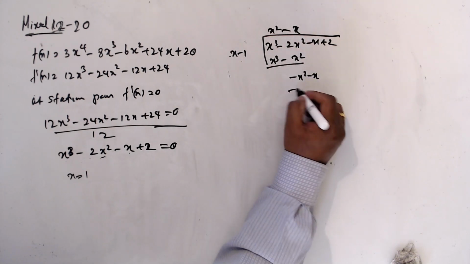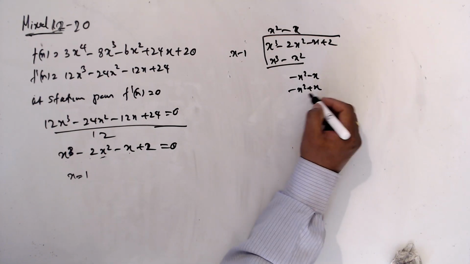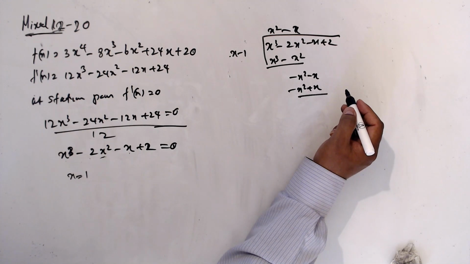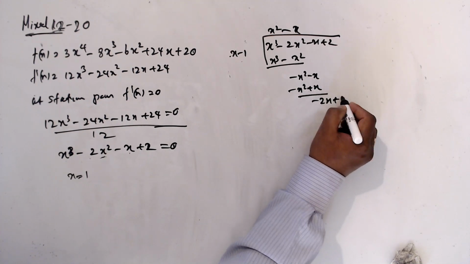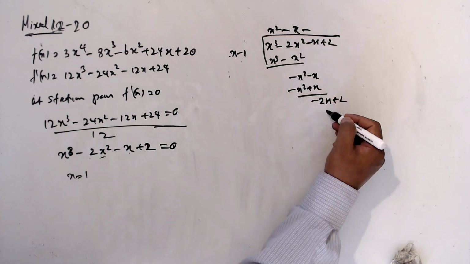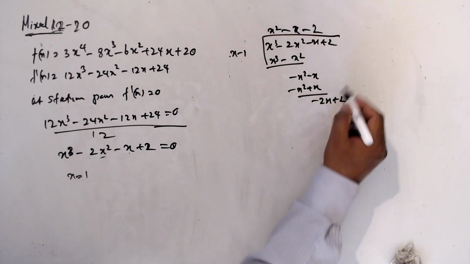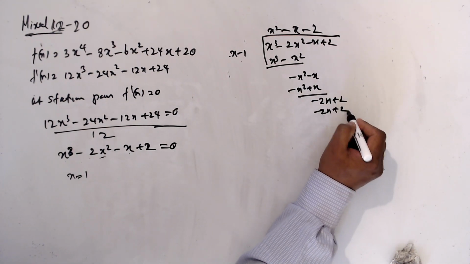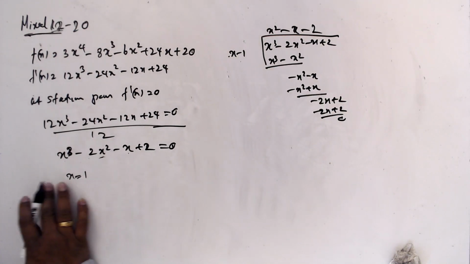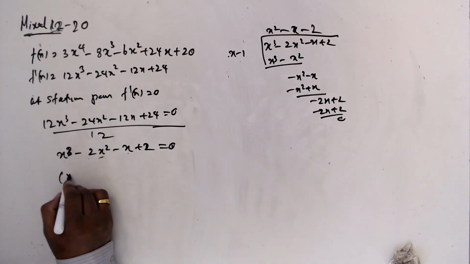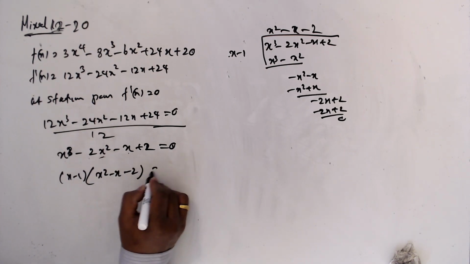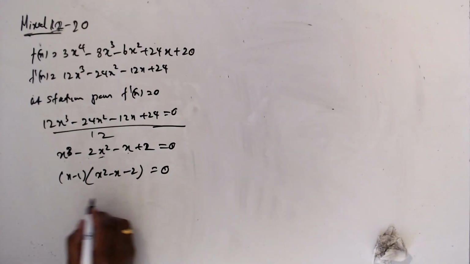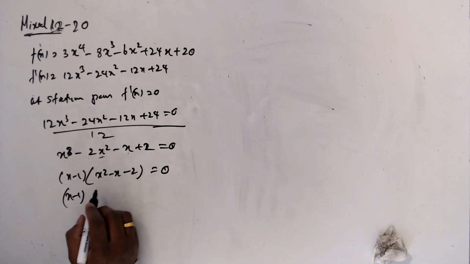So minus x square, this is going to be plus x. Plus x, so this is going to be minus 2x plus 2, then this is going to be minus 2, so minus 2x plus 2, this is 0. So we can break this one: x minus 1 times x square minus x minus 2 equals 0. So then x minus 1,